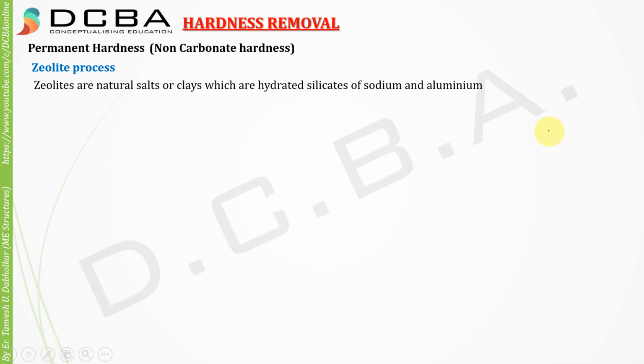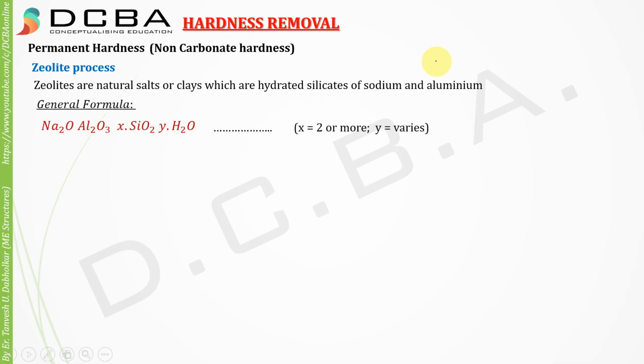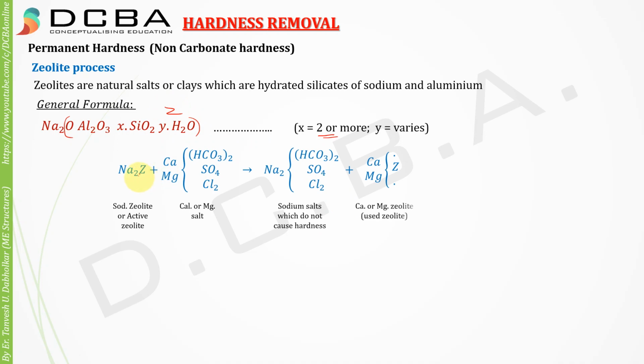So zeolites are natural salts or clay which are hydrated silicates of sodium and aluminium. The general formula is Na2O Al2O3 X SiO2 Y H2O, and here X is equal to 2 or more generally, and Y will vary. Now this entire thing can be written as Z. So we write it as Na2Z, sodium zeolite or active zeolite, plus